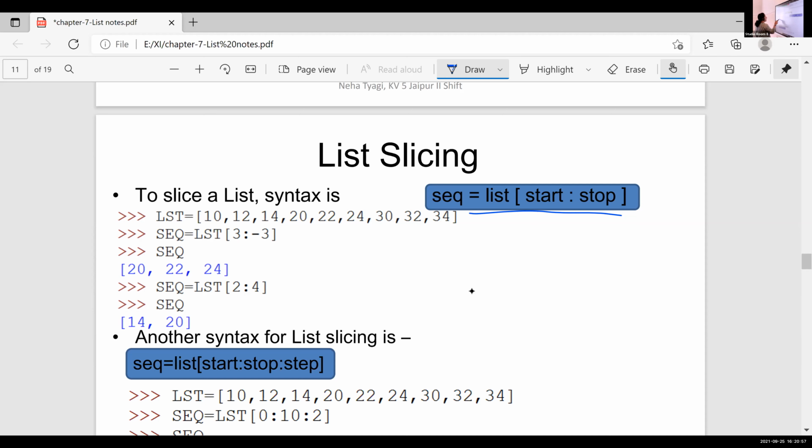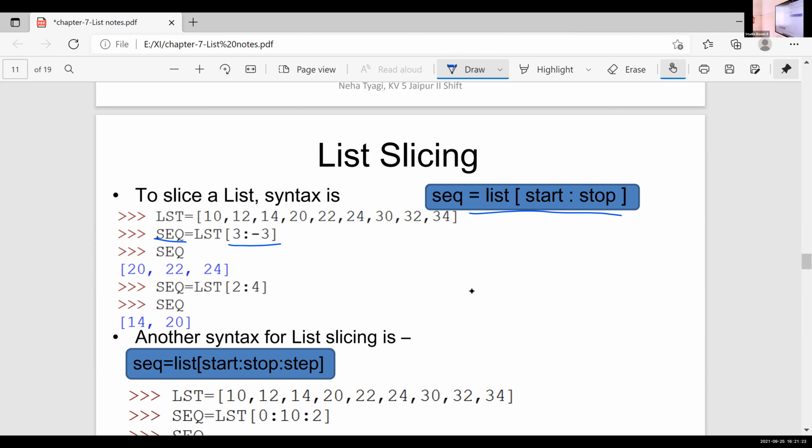Then another list name, SEQ. The contents of SEQ are from this LST, I'm taking some values and giving a new name SEQ. Then how can we take some values from LST using this slicing method?